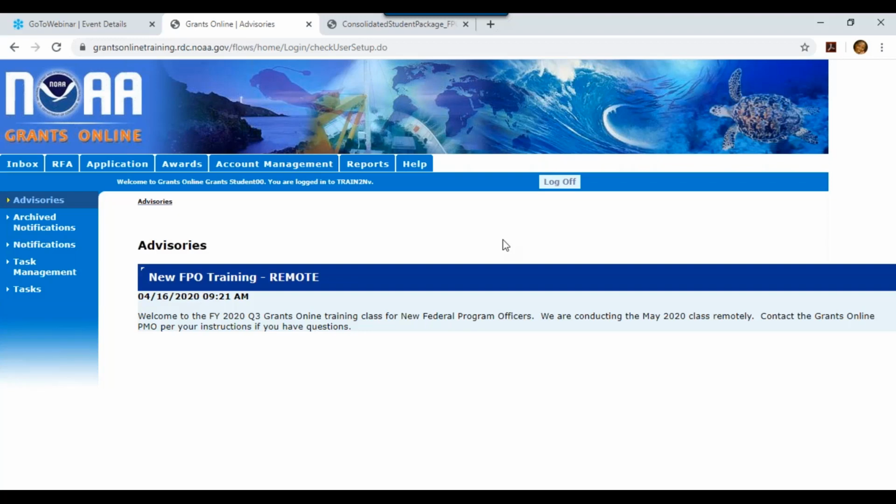Once you log in, you're going to come to our advisories page. One of the other features I want to make sure that you know about before we get started is our Help tab right here. I'm going to occasionally be going over to our training page from inside of Grants Online, and when I do that, I'm going to click on the Help tab. We'll do that in a few minutes. But I'm going to start now with